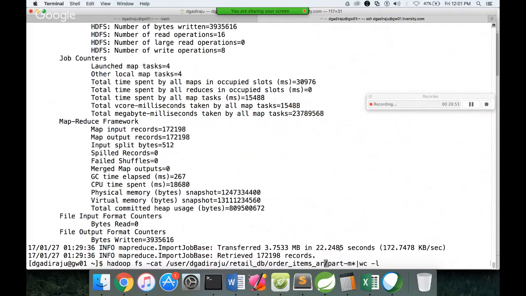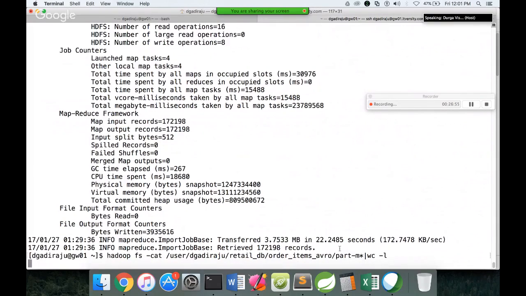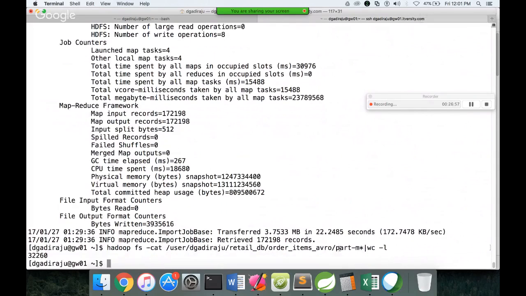We are talking about Avro. Hit enter. Now you see there are 32,260, because with wc -l we are only considering each line as one word. We are trying to get a word count based on lines. So it has only 32,260, even though the total number of records, if the newline character is considered in text